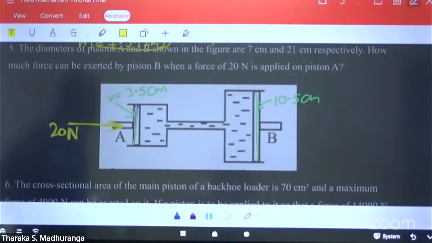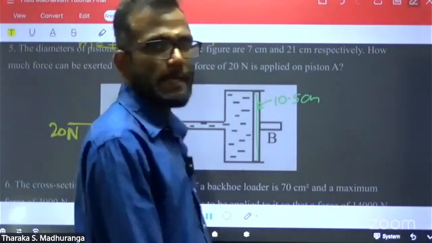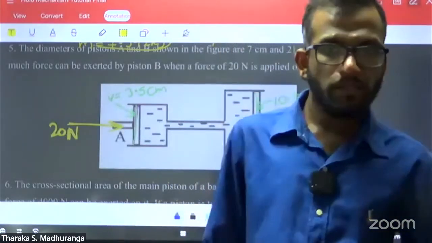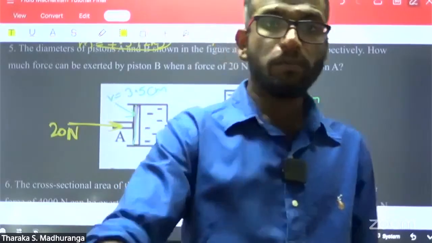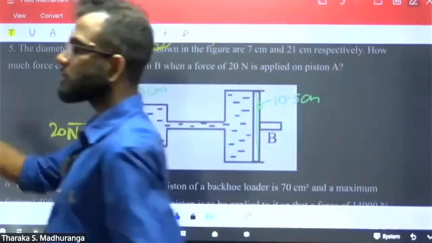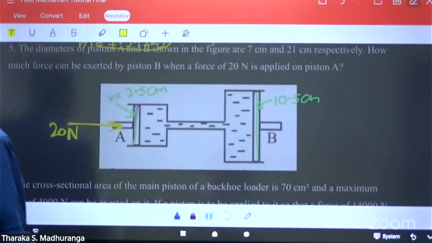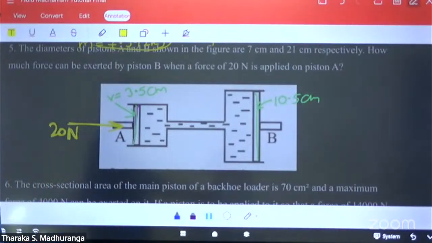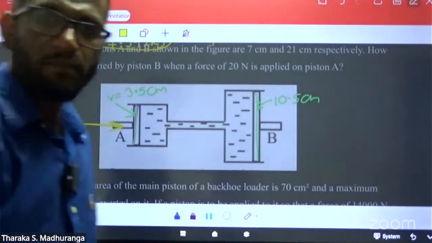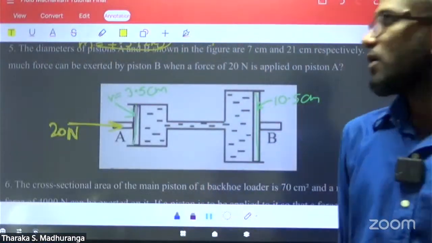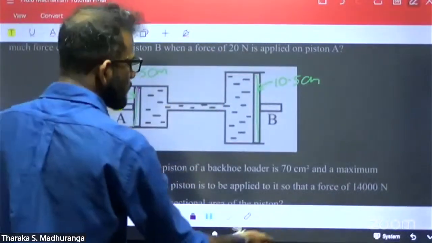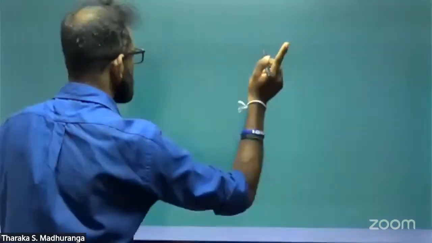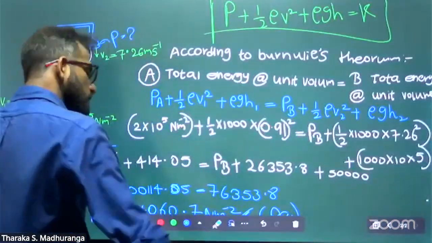Pressure transmission. What is the principle? Guys, what is the principle? What is the principle about pressure transmission? Good, Pascal's theorem. Pascal's theorem. Okay, now you already know what Pascal's theorem is. Before that, if an exam question asks you to define Pascal's theorem,